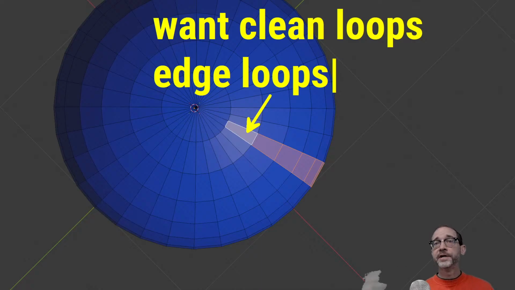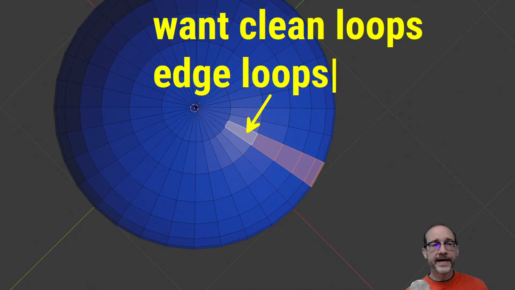If you have a choice between an object having clean edge loops and an object not having clean edge loops, we want to have clean edge loops. It's going to help not only in terms of organizing the topology along the face of the object, it's also going to most of the time make applying materials and then also deforming the object much better later on, because the individual